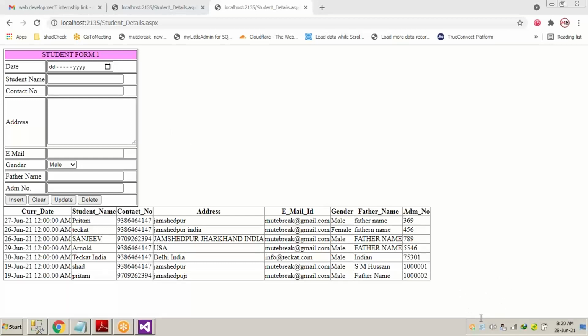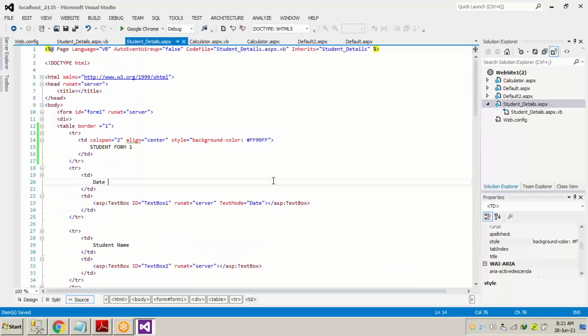Okay, sorry. We will be adding that also. I was coming to it. First, let me just decorate our heading a little bit. Now what we will do, we will select the heading part.